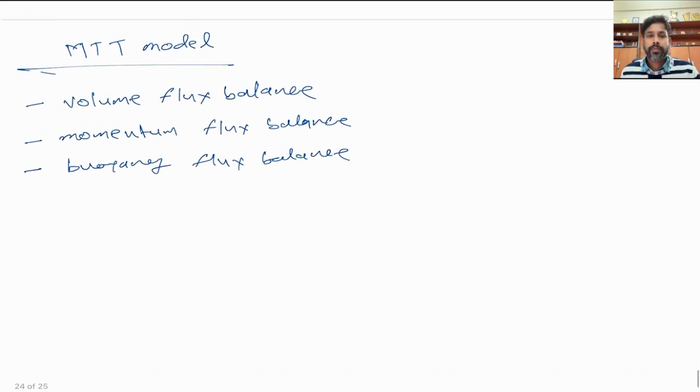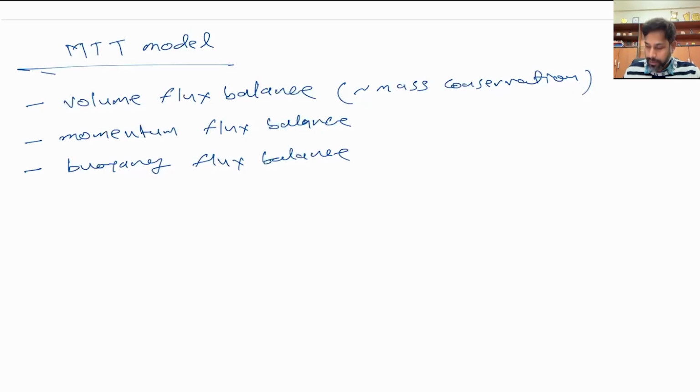Okay, so these are 3 different equations we will derive, and they will work as the governing equations for the problem. Okay, where volume flux basically represents